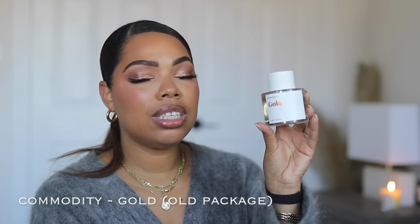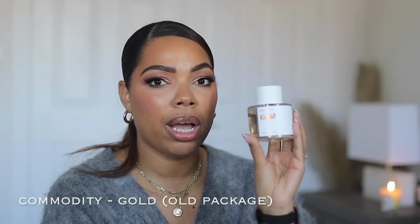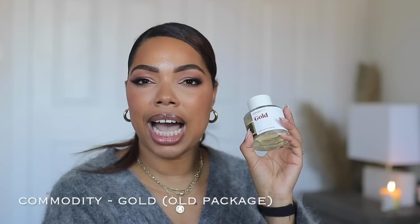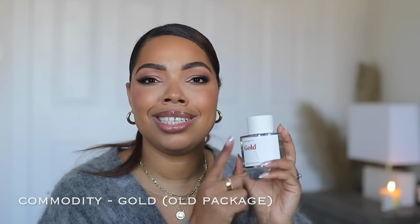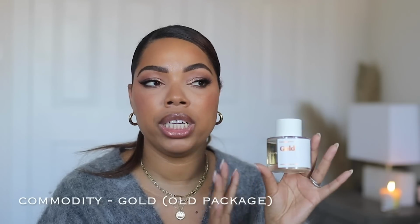I have the old packaging because this brand has rebranded. It's Commodity Gold. This is beautiful. Okay, I actually haven't worn this as much as I should. I'm gonna pull it out and put it on my vanity here so I can wear it more, because it's actually a really stunning fragrance, and it is a scent that I have layered with Baccarat Rouge 540, and it